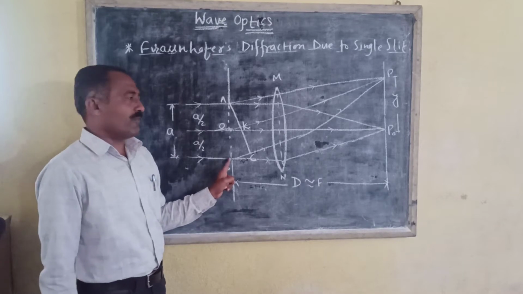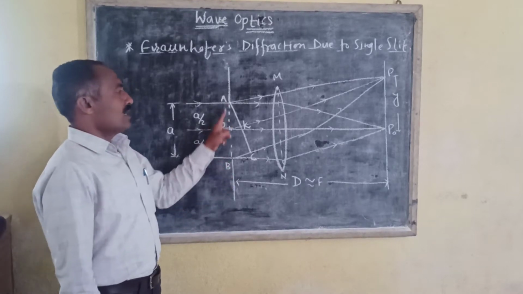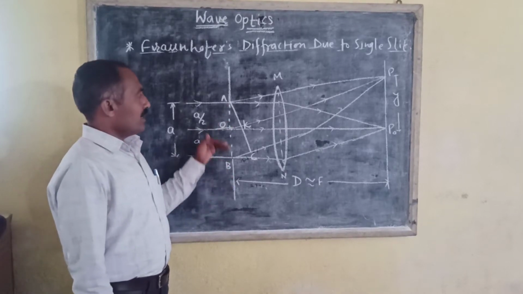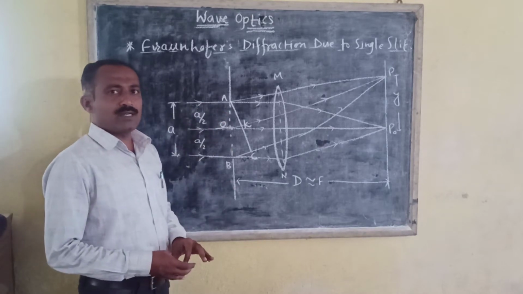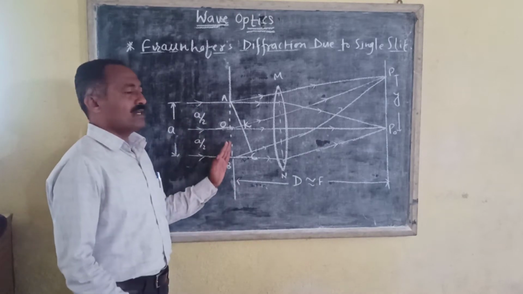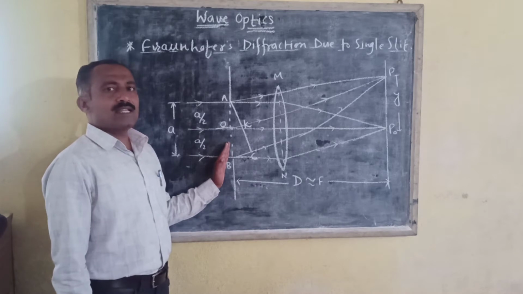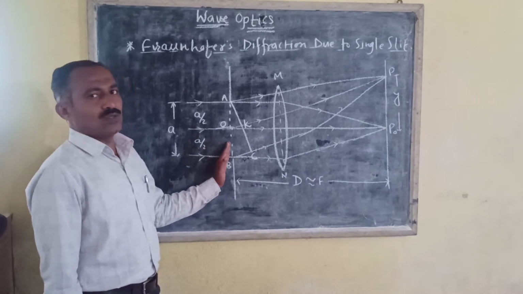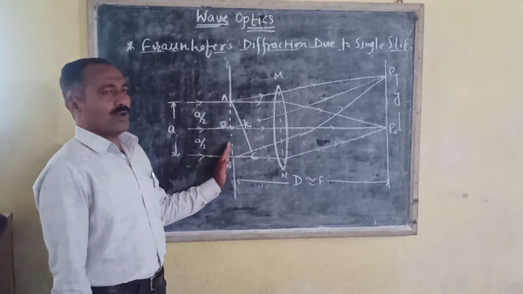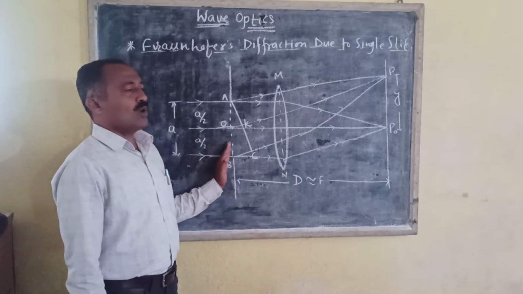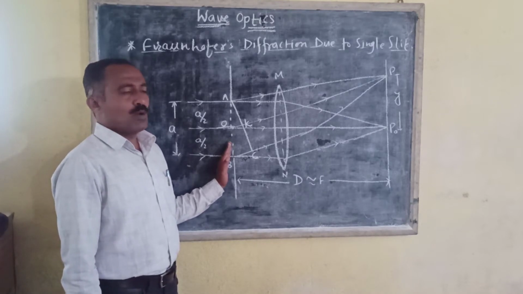As soon as the wavefront reaches the slit AB, each point on this wavefront acts as a secondary source of light, sending out parallel rays in all possible directions, producing